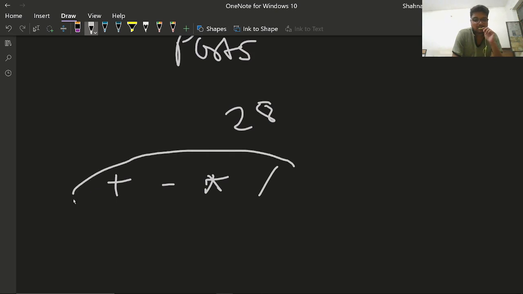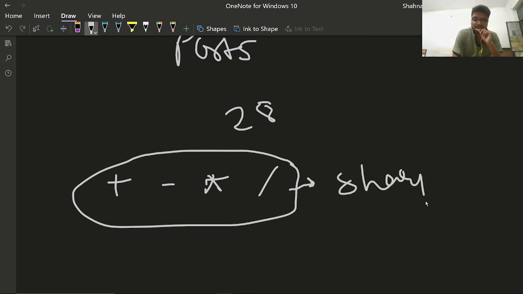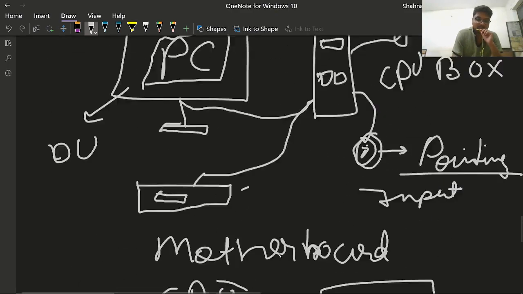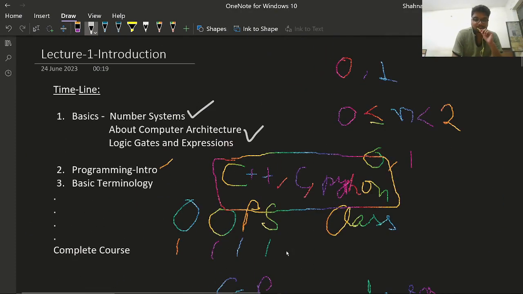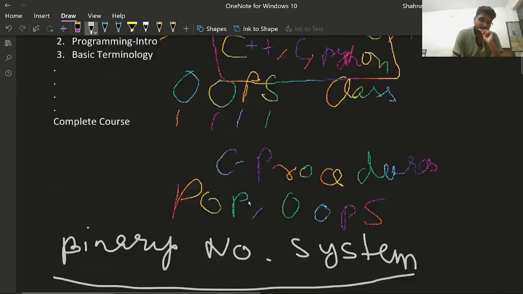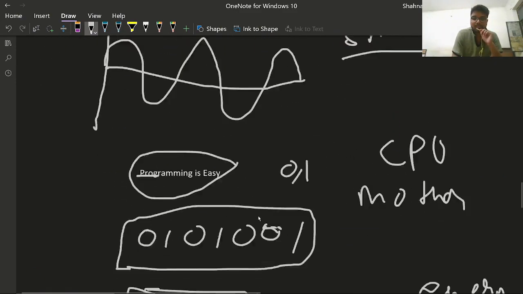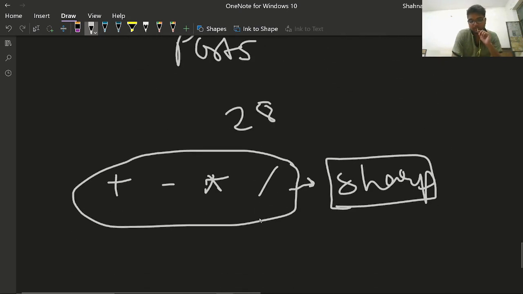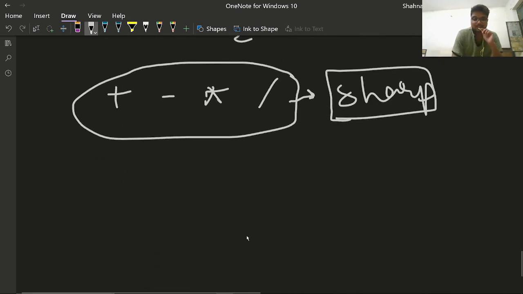These operations are used to sharpen our mind, to imagine how numbers work together. Similarly, logic gates and expressions are used to train your brain on how to manage the computer system and its logic. I hope you have understood.